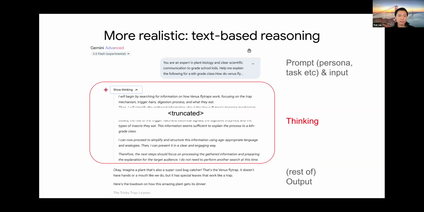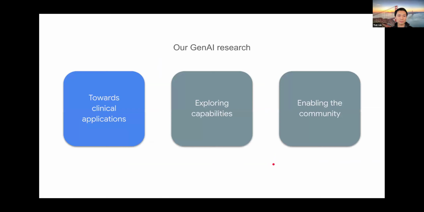In modern times, and this is a little bit of an outdated screenshot, I guess, what you also see is that these models are doing what we call reasoning behind the scenes, or thinking. Instead of having a purely autoregressive text-based generation whose output is meant for the user to see, there are also some tokens or text being generated that are not meant for the user's consumption. It's actually meant as an internal reasoning trace for the model. But then other than the thinking trace, you see the output that is meant for the user. And this is essentially an inference-time or test-time trick to make these models work a lot better in some cases.